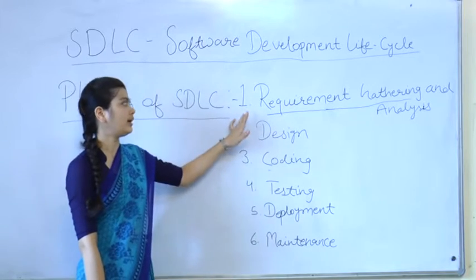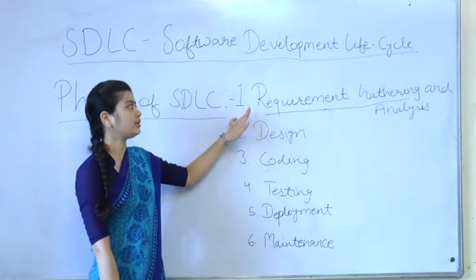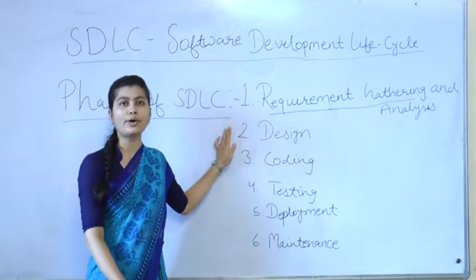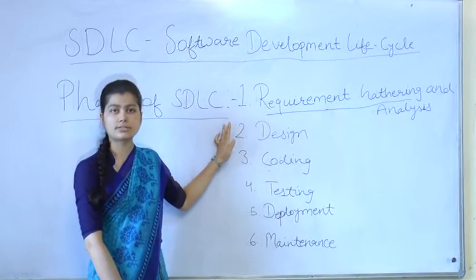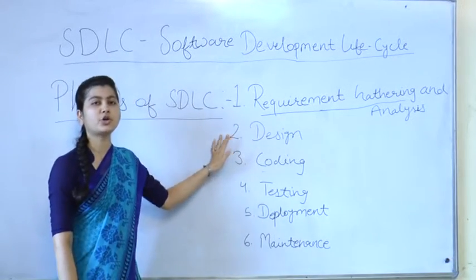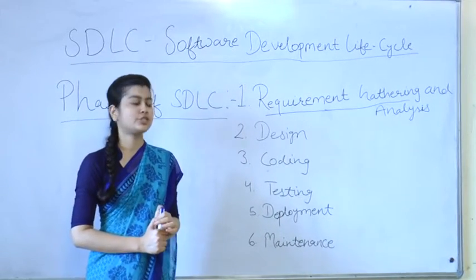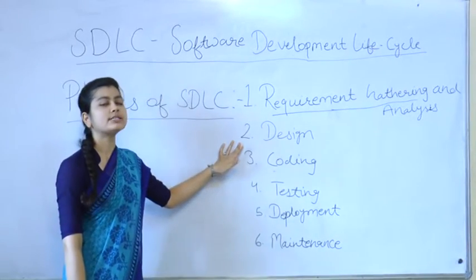After these questions are answered and the requirements are gathered, the requirements are analyzed according to the validity of the system. After analyzing the system, the document format of the requirement specifications is created, which is used in the next phase of the SDLC model. The second phase is the design phase.